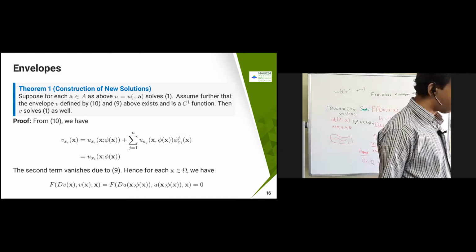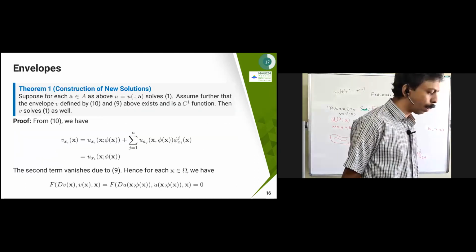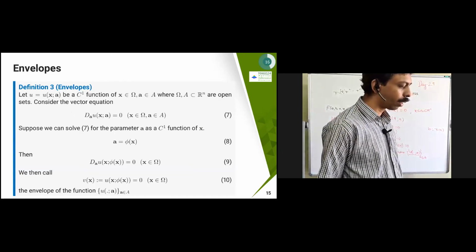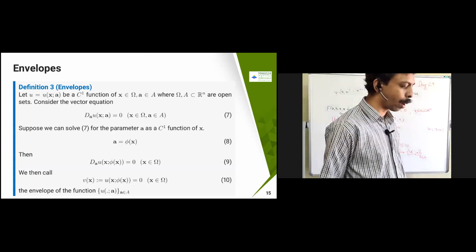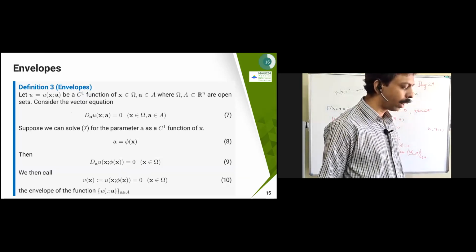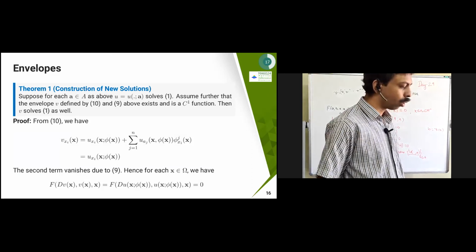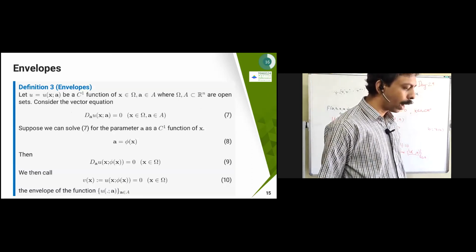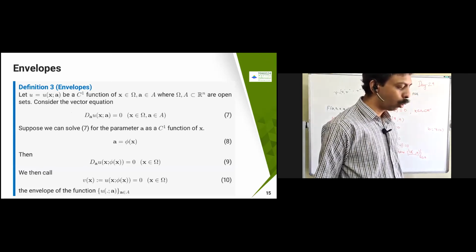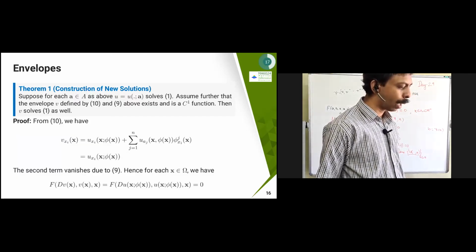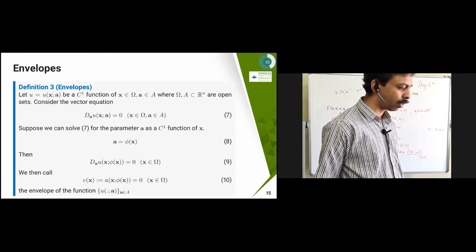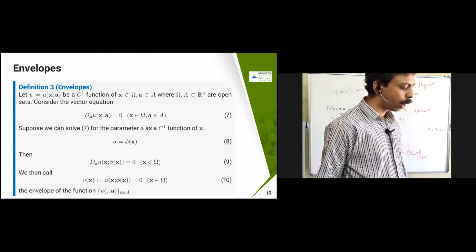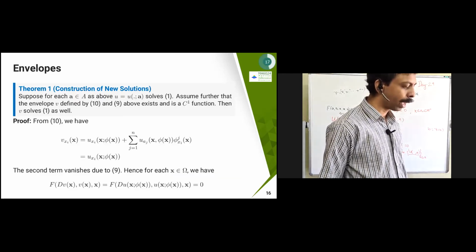So this proof is very simple now. From equation 10 we have v of x equal to u of x semicolon pi of x. So from this one I can find v_xi. v_xi of x is going to become, I have to take the derivative, u_xi of x semicolon pi of x. That is with respect to the first variable, x. Then the second one is a function of x, pi of x is there.